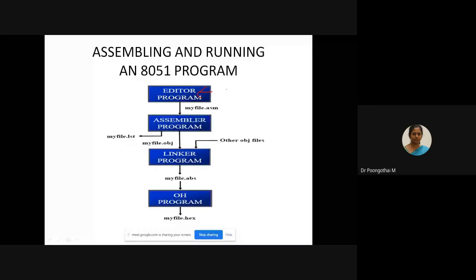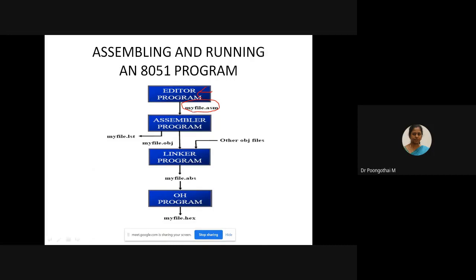You should save your file with an extension of .asm. Suppose you are developing an assembly program, you have to save your file with the .asm extension. If you are developing an embedded C program, you have to save your file with the .c extension.